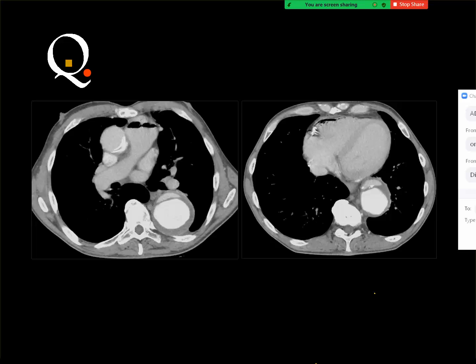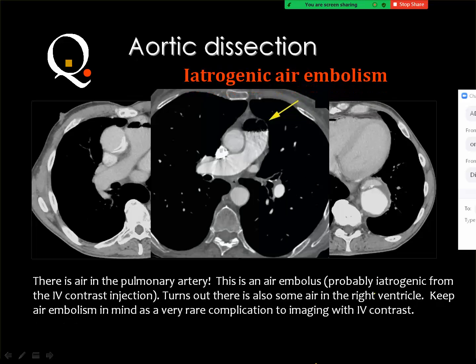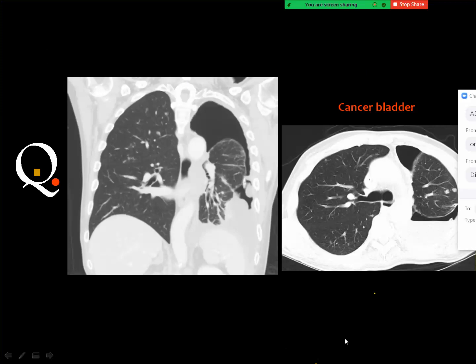No, this is not pneumopericardium. This is air embolism. You know that because of the use of the automatic injectors, sometimes the air is not actually emptied from the syringe. Then you inject air with the contrast material. It will accumulate in the pulmonary artery, and if it reaches a sizable, a good size, it may affect the patient's life. Then this patient with cancer bladder,